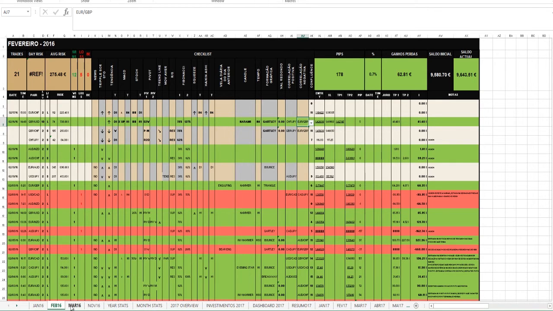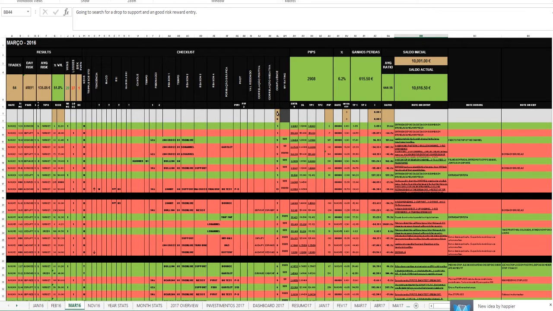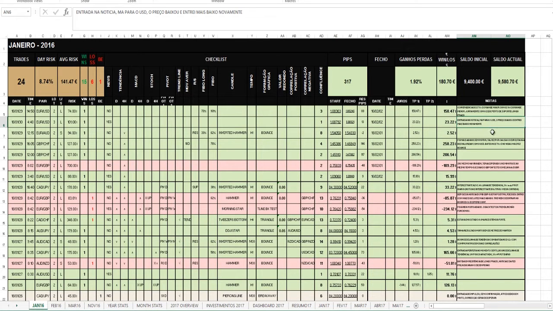Then by March I had more stuff. I had some notes here on entry, during the trade, and on exit. At the beginning, I recorded images here. They're not linked to the images. I'd record the MT4 chart on entry and on exit. That took a lot of organizing. I had to organize them by date and name, and I could always come here and press and see what I was looking at when I got in